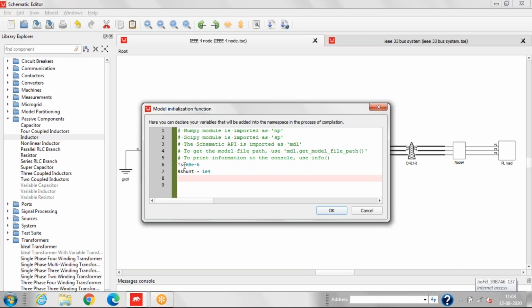Then we'll do the R and L values. We'll calculate the R and L values, so here we'll define the function. First we'll add some comments. Now we'll define the function.